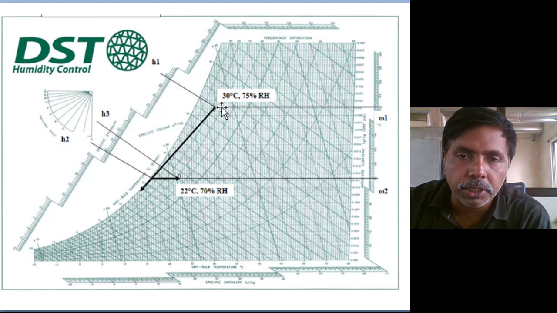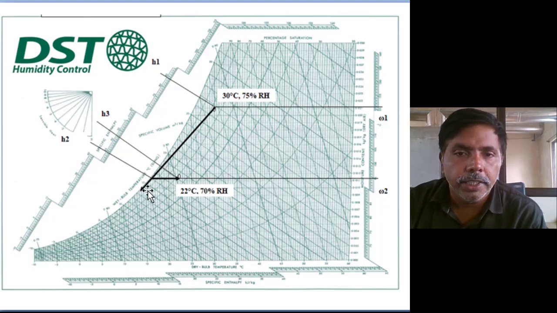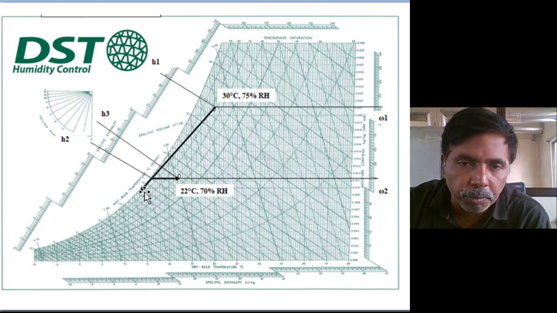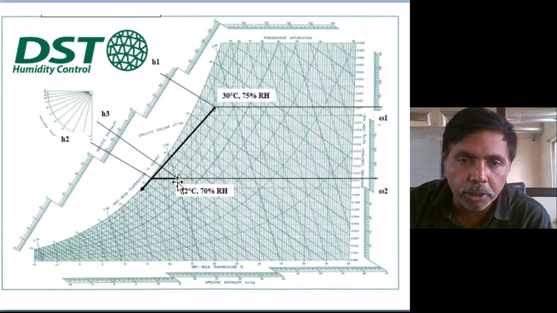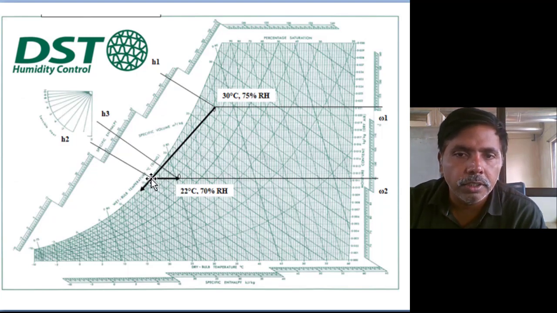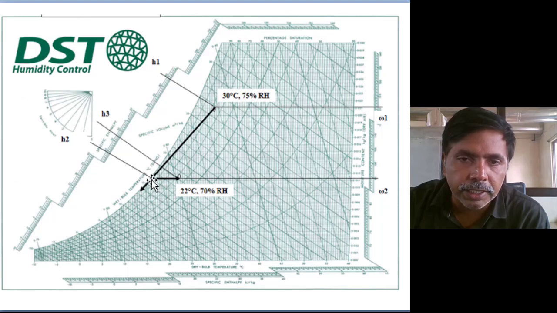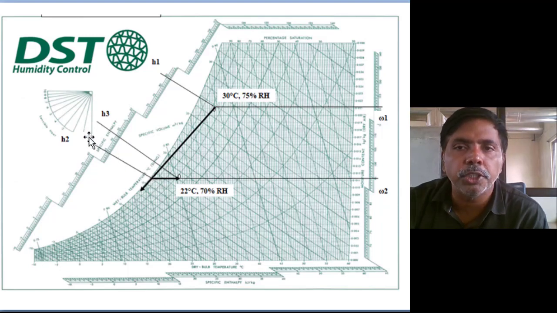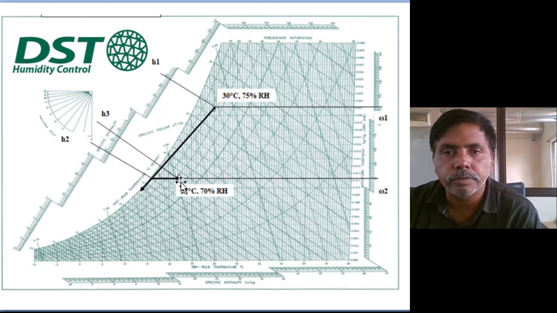The problem they mentioned 30 to 14. Then after they mentioned sensible heating. Heating and humidification means again from this point we can move, but they are not given like that. Sensible heating means it is moving horizontally only. So that line you extend to where it is intersecting the curve. There you determine the H2 value. Moisture content is not changing. Why? Because it's sensible heat only.